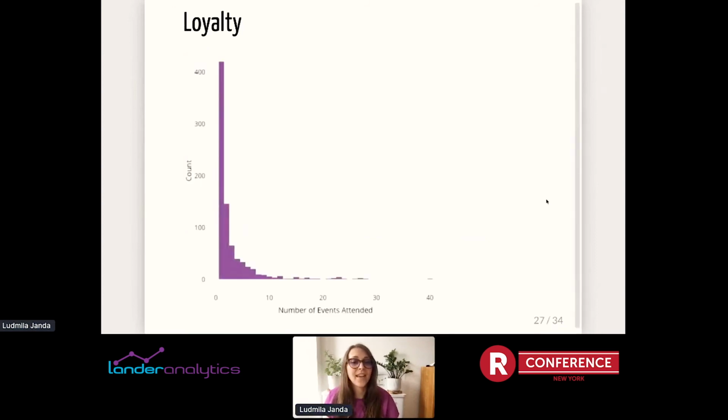Then I made a graph, and I saw actually a lot of people are coming maybe once or RSVPing once or twice to our events. But at the same time, there's this nice long tail where we have a good amount of people that are actually RSVPing to several events. I also saw that we had this one